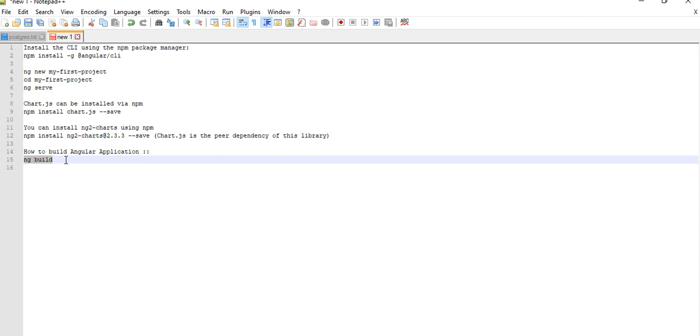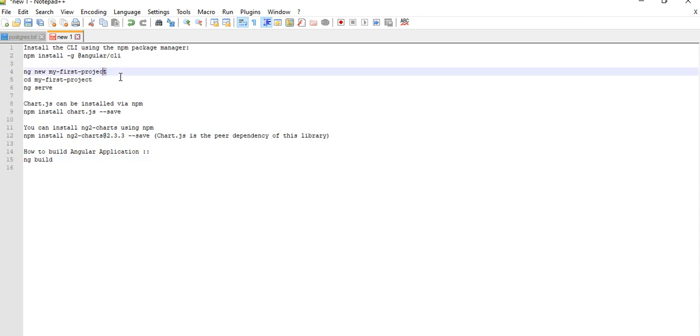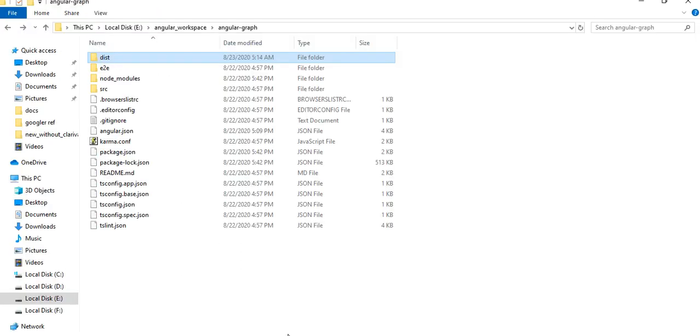Once you create a project through Angular CLI, I'll show you how it will look in the source folder. These are the files we're going to create if you run this command, ng new, with whatever project name you want as per your requirement. I have given angular app and graph in my case. As per your requirement, you can give some other name as well. It will create all these files and folders on your behalf.